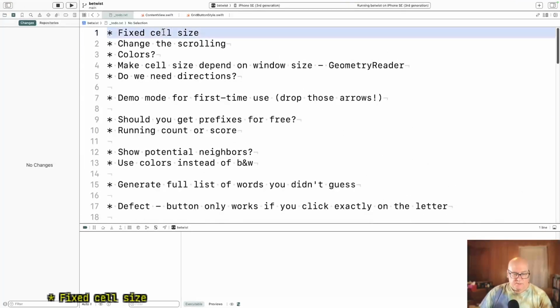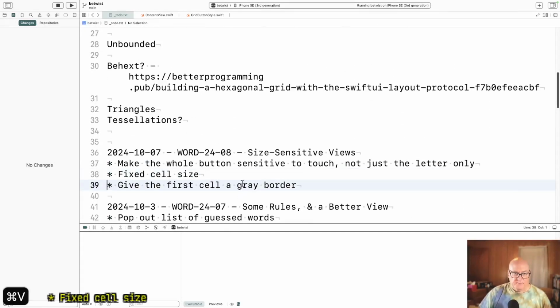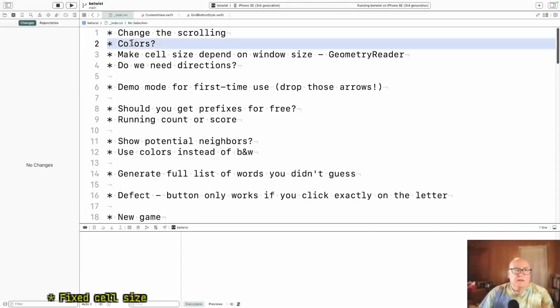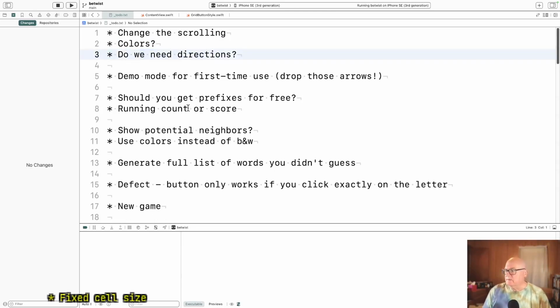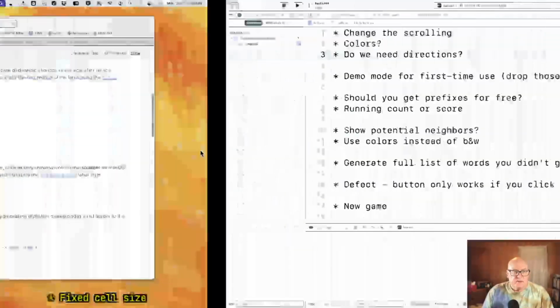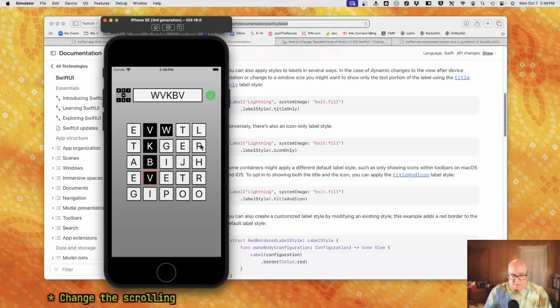All right, fixed cell size. We've done that. Change the scrolling. Colors. Okay, this one I think is going away because we're just giving a flat cell size regardless of window size. Colors. So colors. I guess what I was thinking was these letters would get a pale color of some sort, and if you rotated it, it would retain its colors. I mean, the color is,